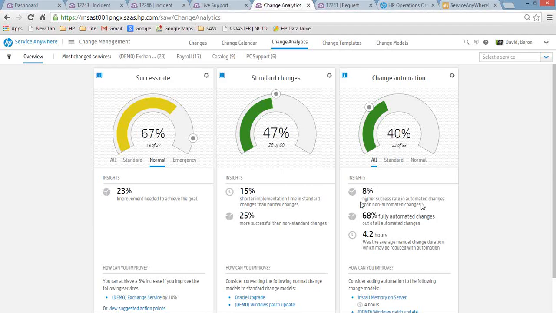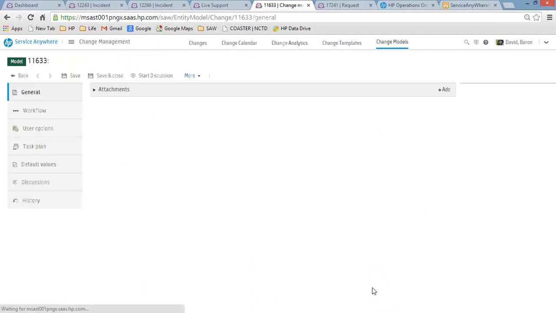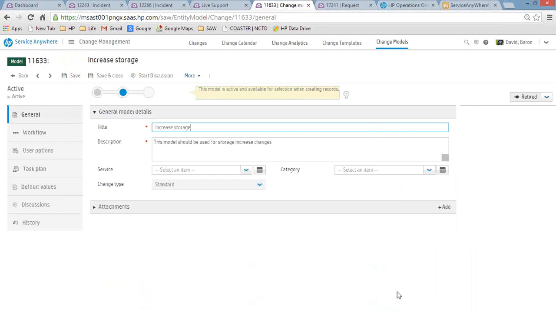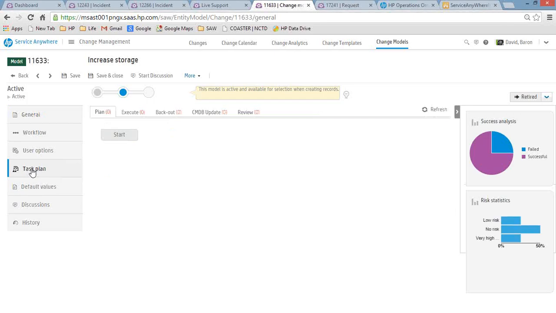The automation suggestions here would then lead you to go into a specific plan. Let's say, for example, that we look at the increased storage change plan. And we can define automation by going into task planning and define how we want to automate the actual execution. And the task planning would enable you to create both manual or automated tasks. So even just creating a manual set of plans that says who needs to do what kind of work,